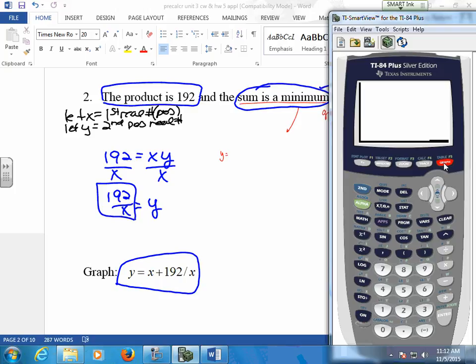Not really liking this. What was my window before? My window is kind of high on my y, kind of high on my x max. So let me think this out. Let me go look at my table here. My tables go by tens. Let me start it at 0, and let me go by tens. Let me see what I got going on. My y value